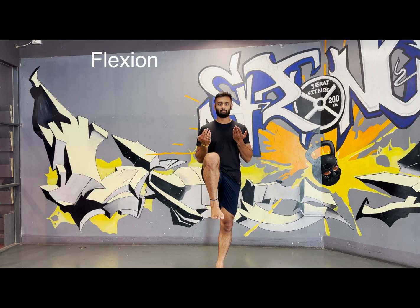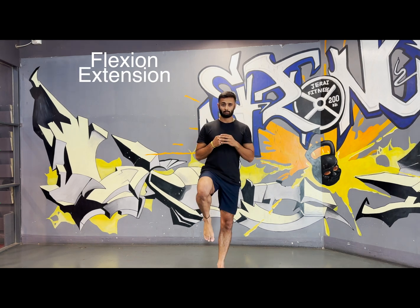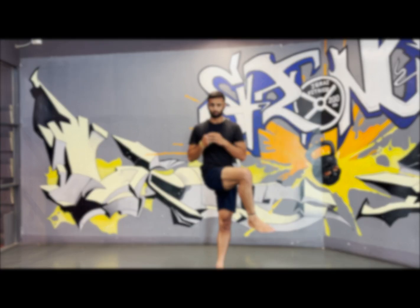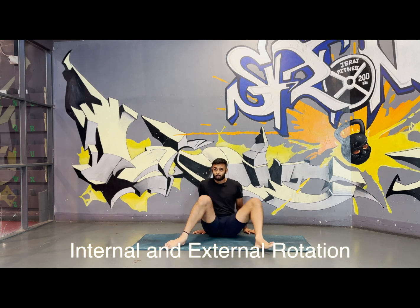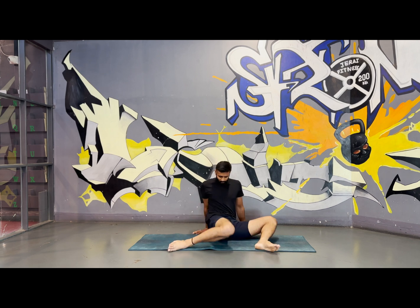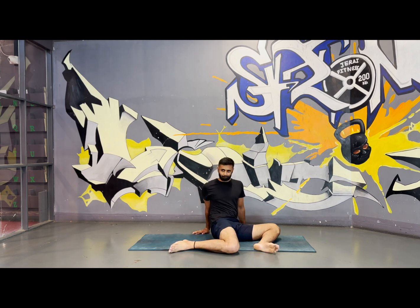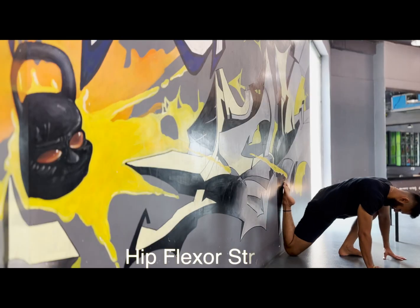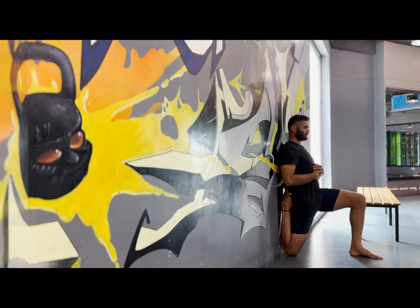There is flexion, there is extension of the hips, then there is abduction and adduction. You can train your internal and external rotators by doing this exercise. This exercise opens up the mobility of the hip for further movements and reverses the damage done by too much sitting in one position. For flexion, you can start in this couch stretch position for stretching the hip flexors, which